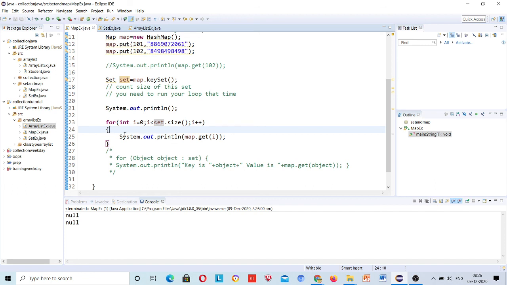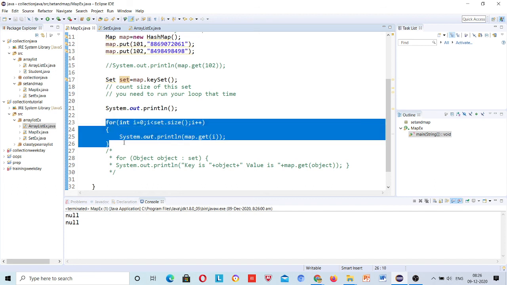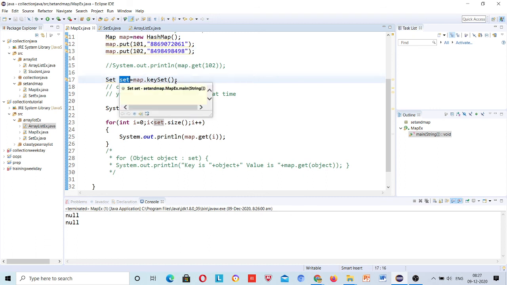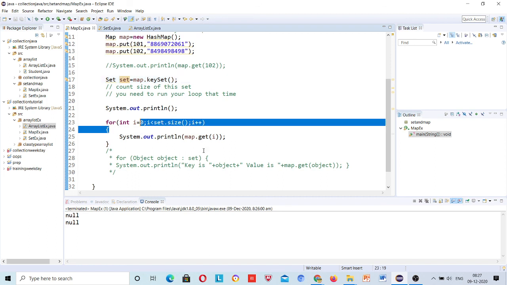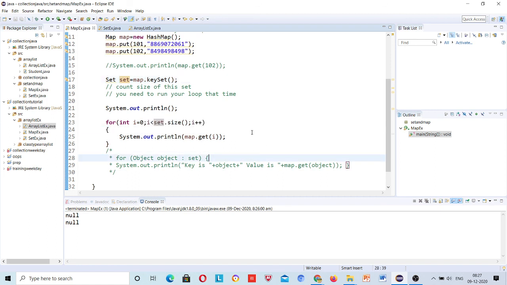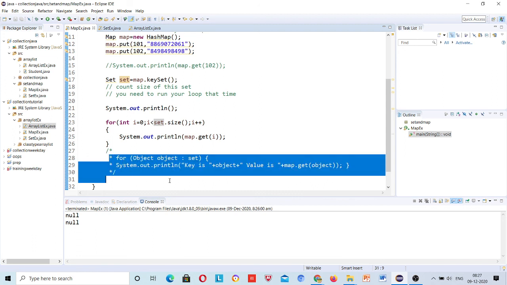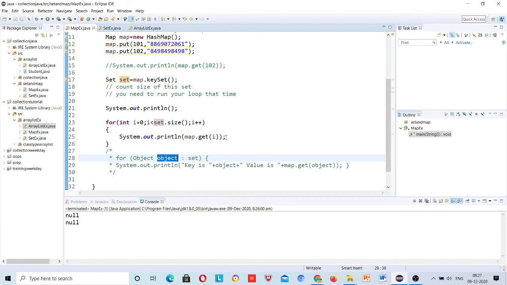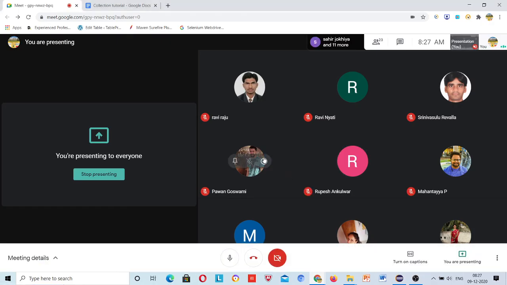So we need to find a solution for it, otherwise just try with this for each loop. The keys I have stored inside the set, but I said before the start of this session that it will not store in an order, so order is not followed, and here I am giving zero indexing. That's why this is a problem here. So you need to try with the same for each loop. Otherwise I will send you the solution for it, or next session we will see that. Okay, thank you, sir.